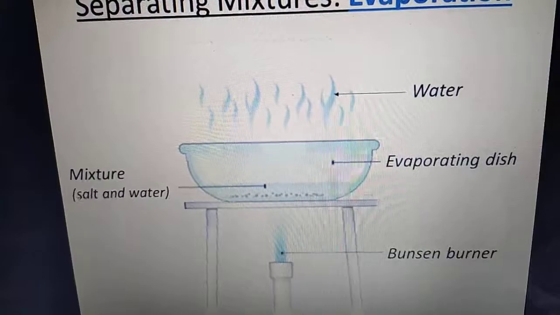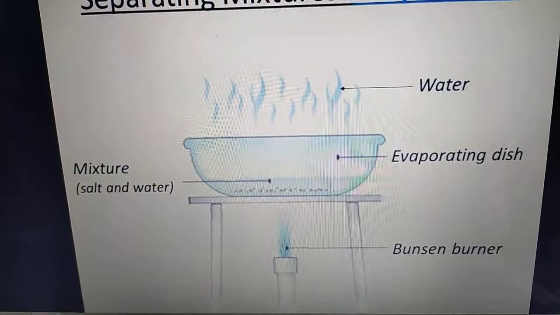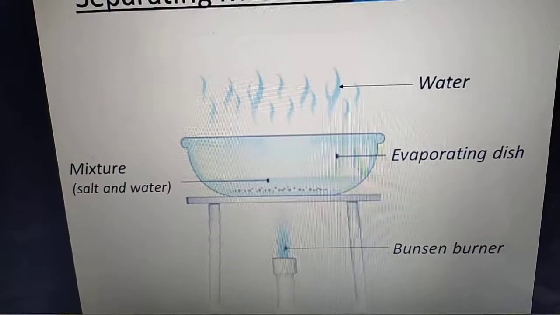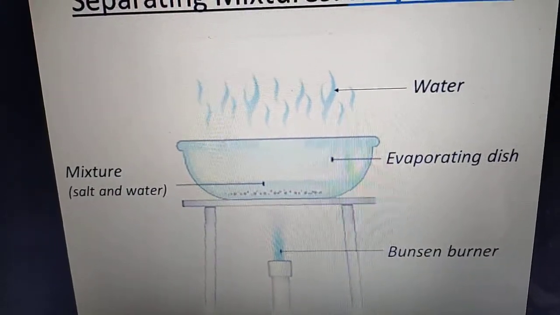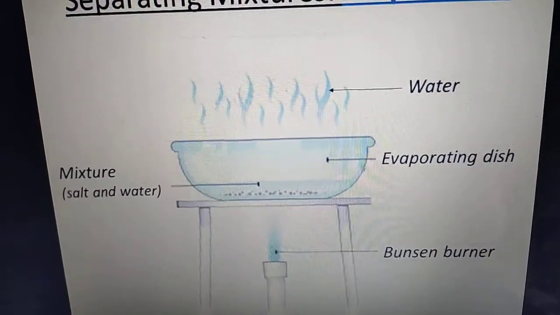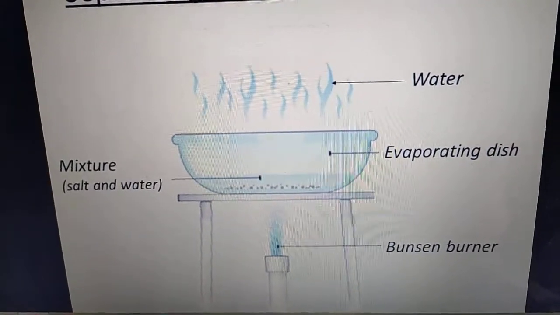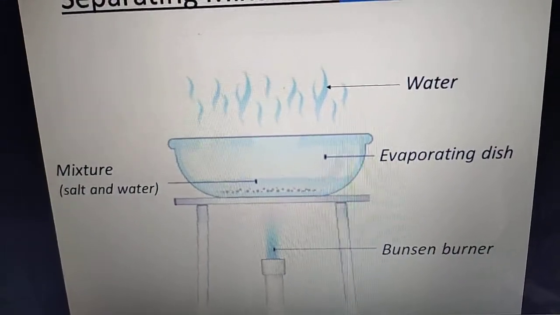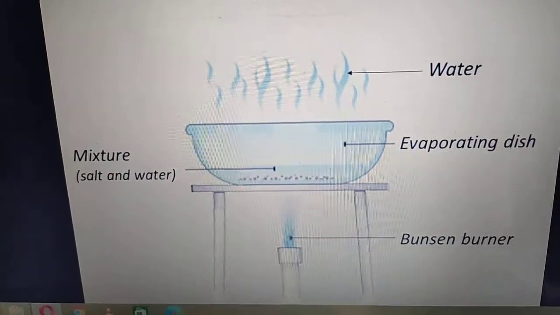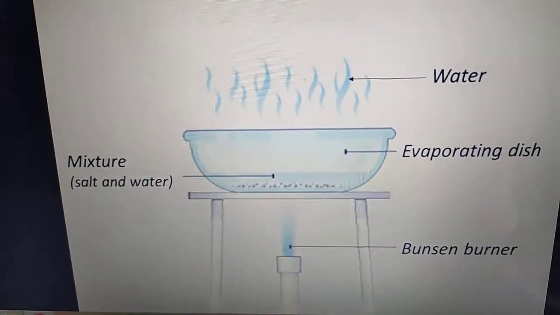For example, seawater contains several salts, mainly table salt, or common salt as we say. This common salt is dissolved in water. So seawater is collected in tanks and allowed to evaporate slowly under the heat from the sun. Water slowly evaporates, leaving behind white crystals of the salt, which is purified to obtain table salt. If you see in your book, the activity there is mentioned to separate common salt by evaporation.